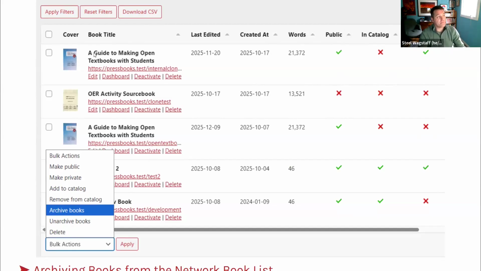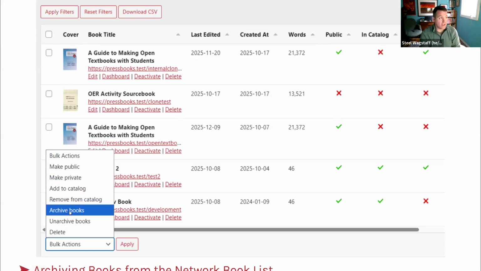So here I have an example of a book that is both marked as public and marked as archived. It's very easy for the publisher to go in and click a button to mark a book as archived without affecting its publication status, or to select many books at a time and do a bulk action, which is archive 10 at a time, or what have you. So that's something that you can do right now, today in Pressbooks.